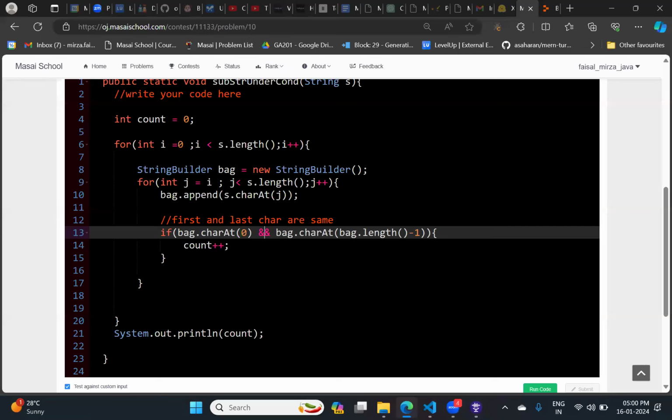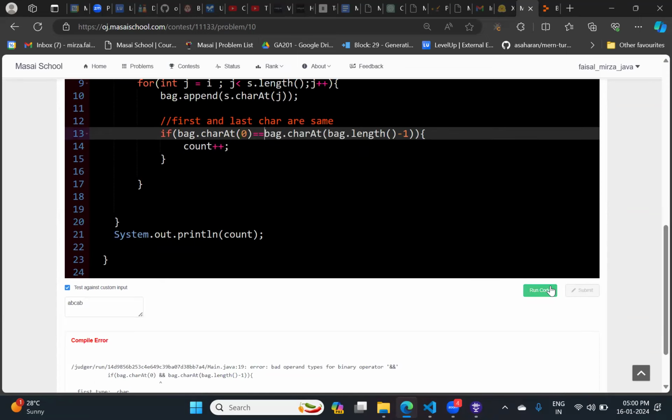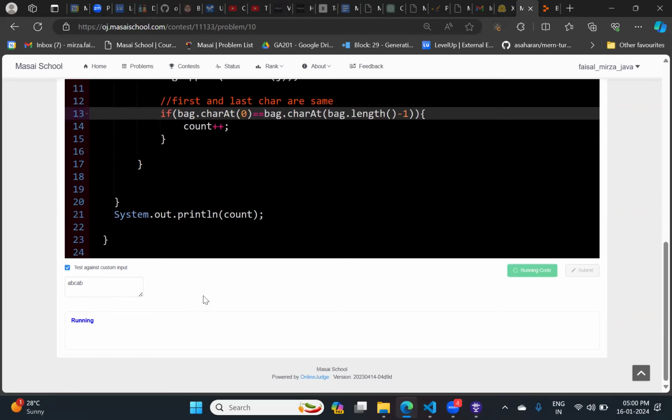So it is a character, and what should I use, equals operator? No. What we need to write over here, I want to compare both the characters. So double equals, not dot equals. I'm not comparing strings, we are getting the characters. Okay, run it again.